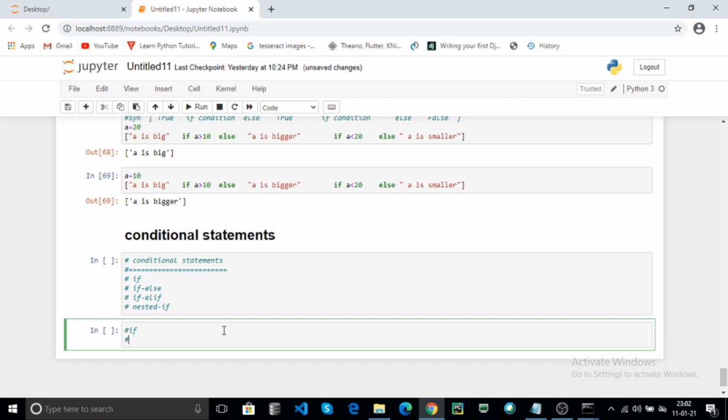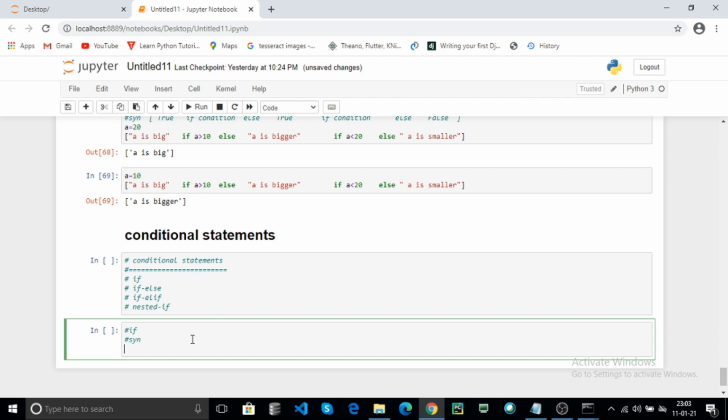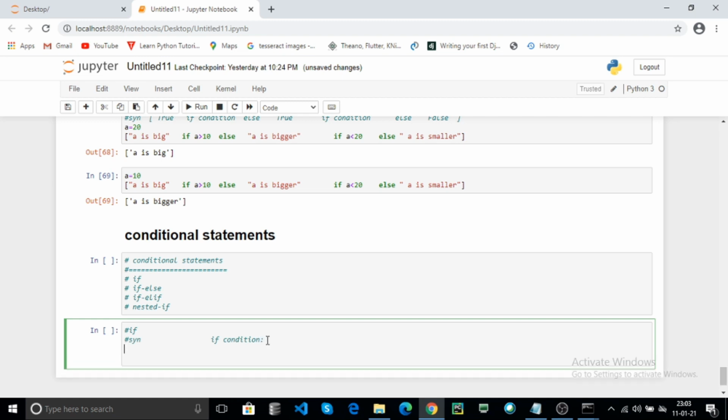The syntax of if is: if condition. The if must end with a colon, and any conditional statements and looping statements end with a colon.